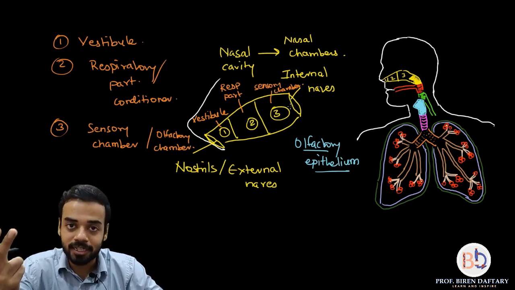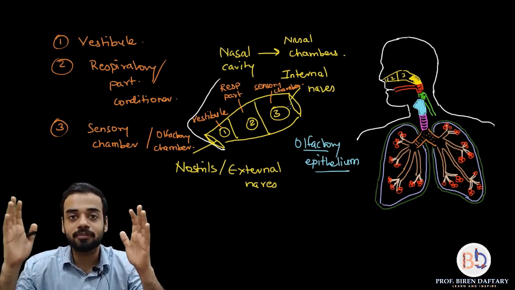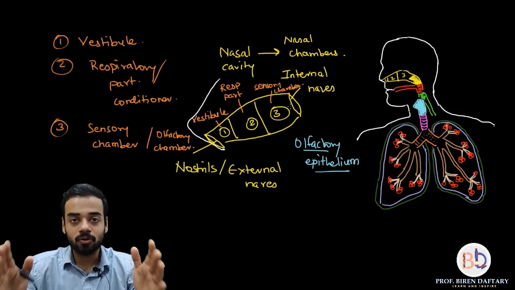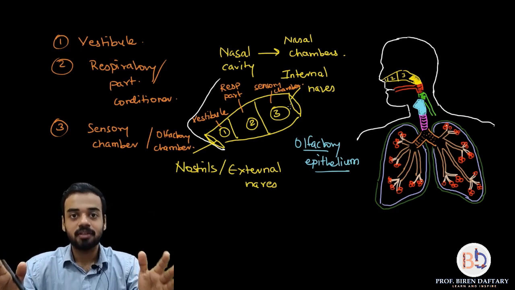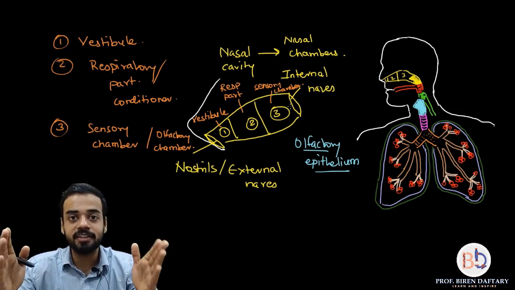Okay, and finally after this third part of the nasal chamber are the internal layers. So there will be two internal layers just like there are two external layers, and with that we complete this first part of your respiratory system, which is the nose. Is this clear? Okay, so the nose basically has the internal and the external layers, and between them the very important part called the nasal cavity.